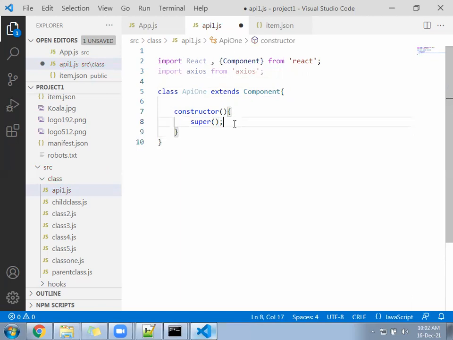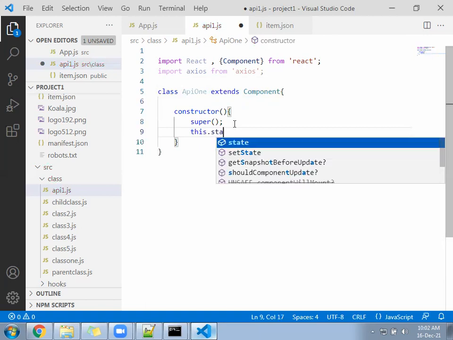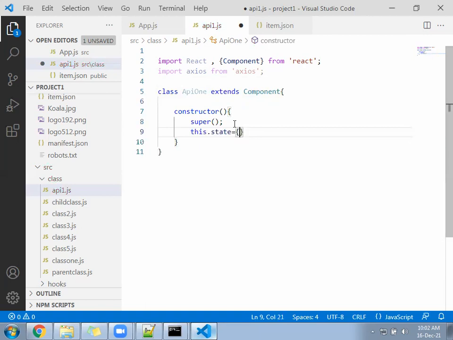After that, we will create this.state equal to itemList colon square bracket, an empty array. This.state equal to an empty array.